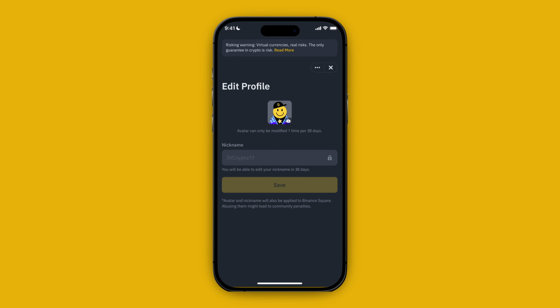And right now, you can change your nickname in here or your Binance ID. And I have already changed it in the last 30 days, so I'm not able to change it right now. But if you haven't changed it in the last 30 days, you can just click on your ID and then you can go ahead and change this. And after you want to finalize this change, go ahead and click on save. And then please be aware again that you can only change this once every 30 days. So it's really simple and